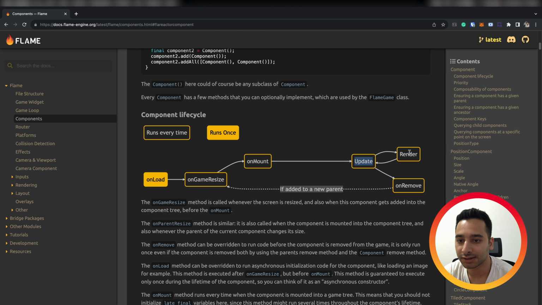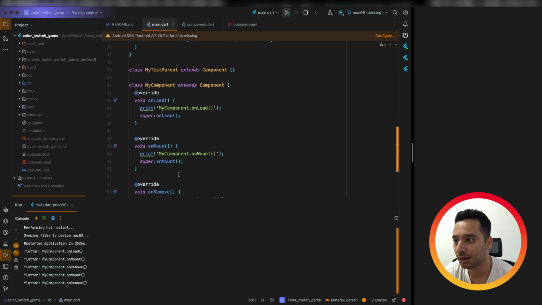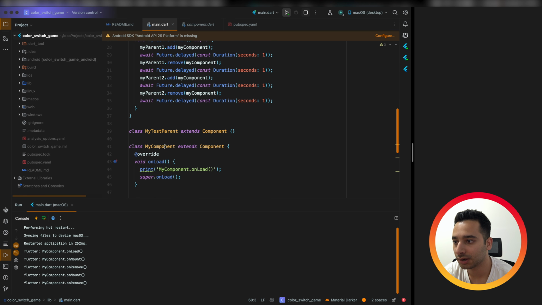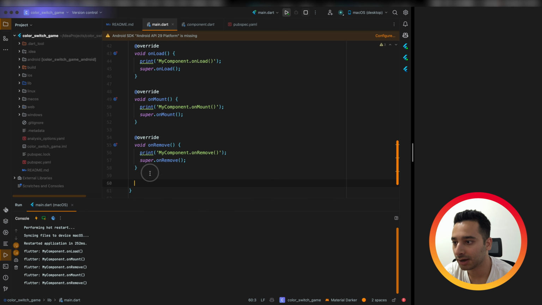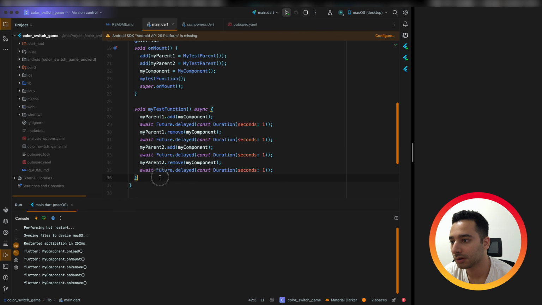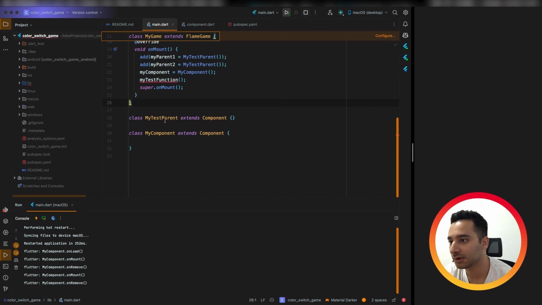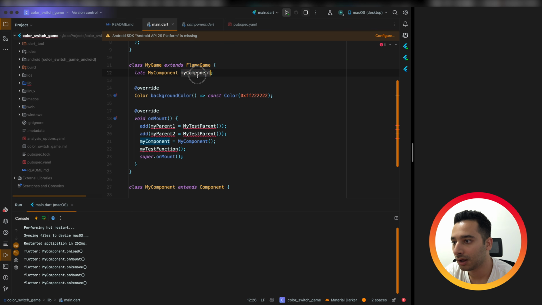Let's have a look at these callbacks in our component. For example, at first, let me clean up our code. We understood these callbacks, we don't need them anymore. And we remove this test function, we remove the parent, and we are going to only add this component to our game.